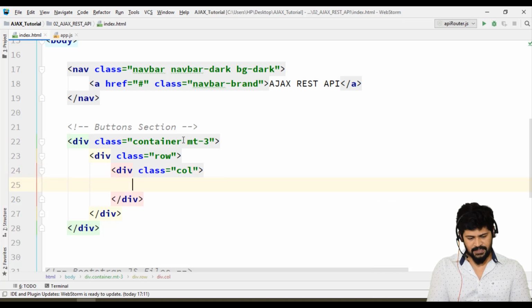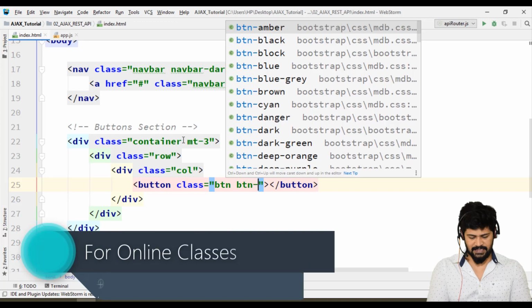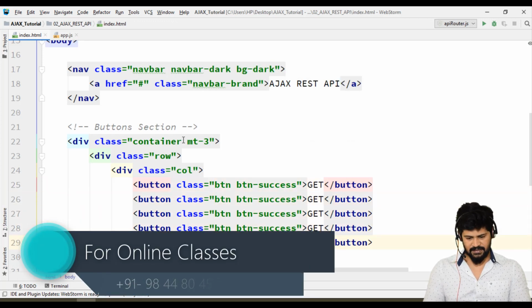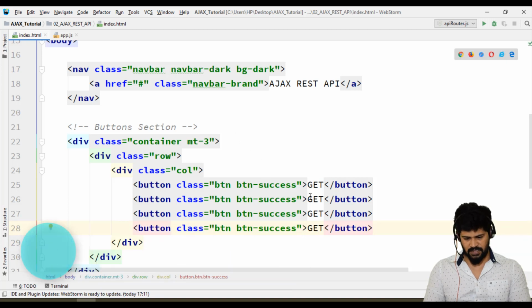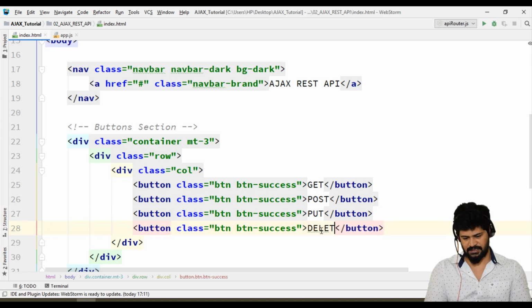So let's make multiple buttons. A button with the class btn-success. Let's make the get request. So we have 4 different types of requests. One is post, this is going to be the put, and this is going to be the delete.